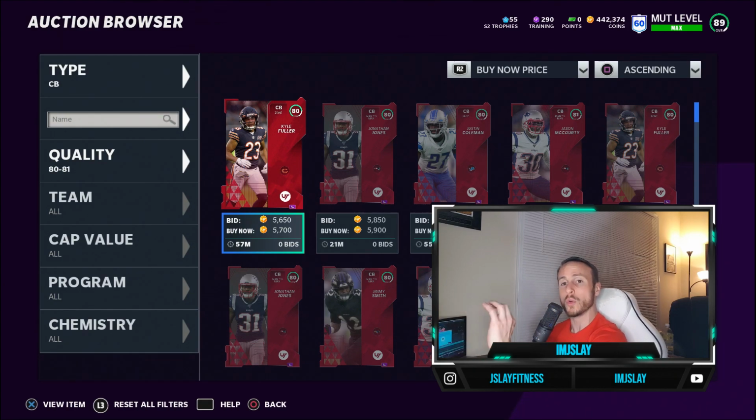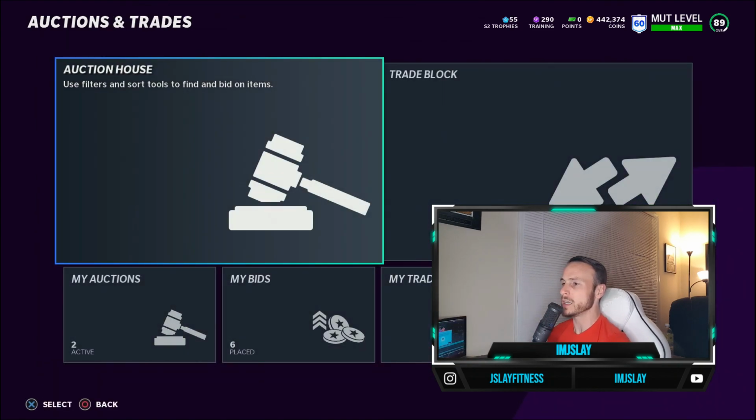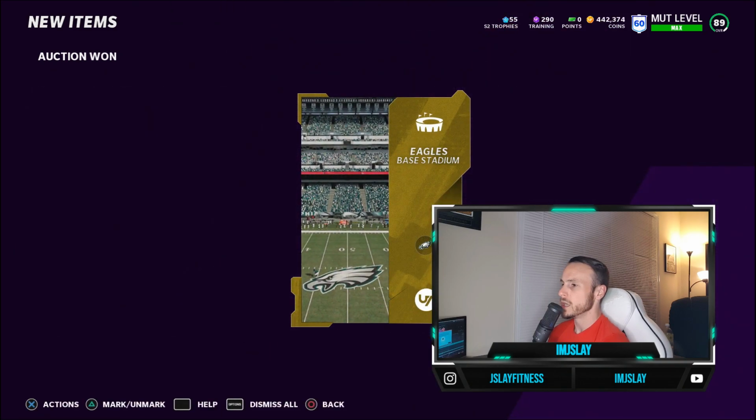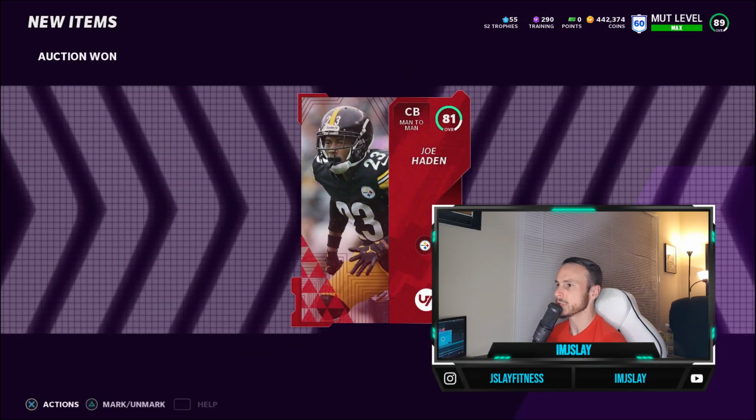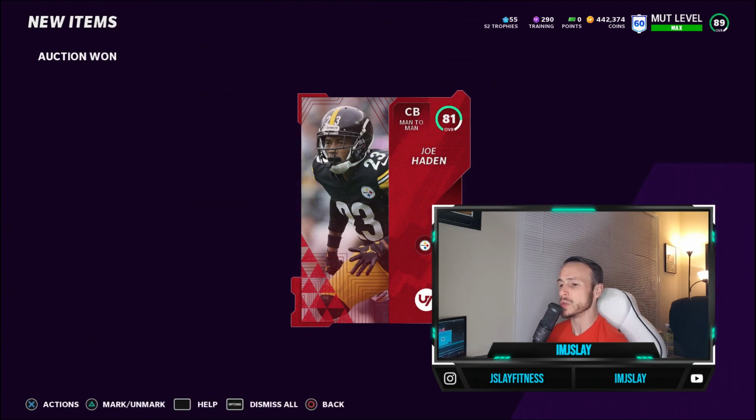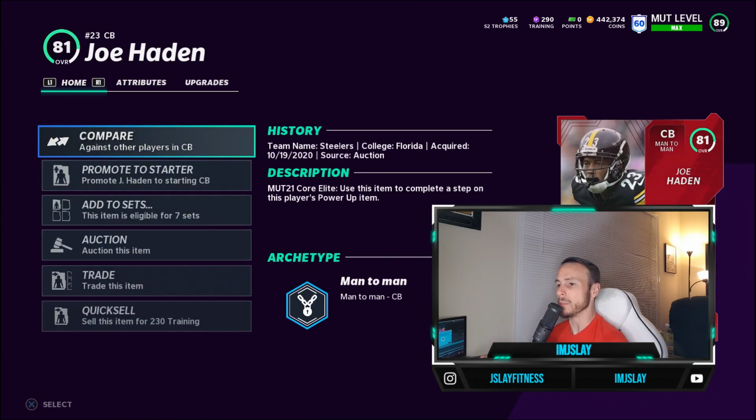So that's what you want to do first. Well, first, what you want to do is the research. Second, you want to go actually buy these cards. Then what we're going to do is we're going to back all the way out. It's going to show us the two cards that we just purchased. Not counting that one. So here's Joe Hayden. Now what we want to do is we want to go down to the bottom left-hand